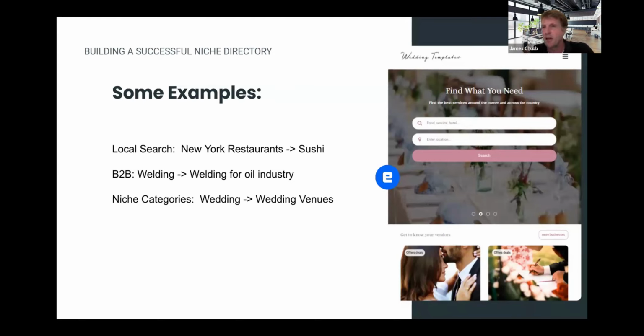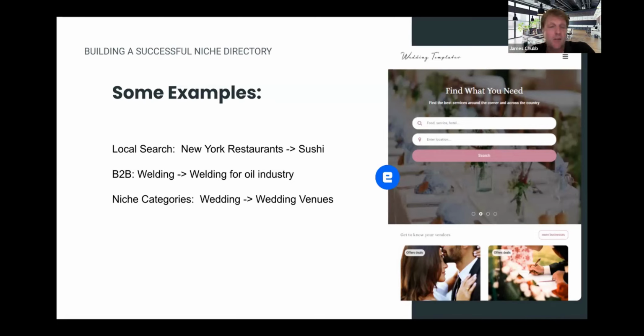You do everything related to sushi, and even within sushi, there's different segments of that. You could even do different types of sushi, et cetera, and then go even lower than that if there's a whole bunch of stuff. Your site may be about New York restaurants, but if you go really deep into the individual data for those individual areas, that can be very helpful in terms of getting the search traffic in. And then maybe you go to the next one after that and the next one after that.